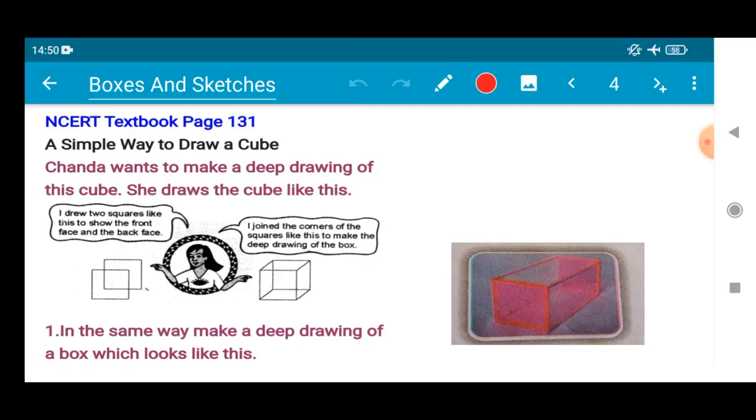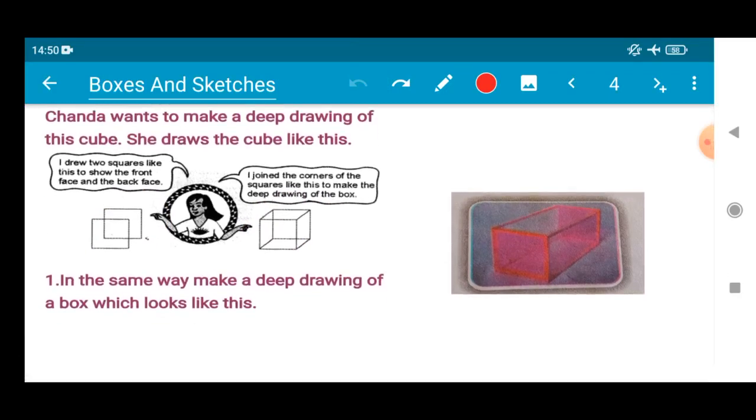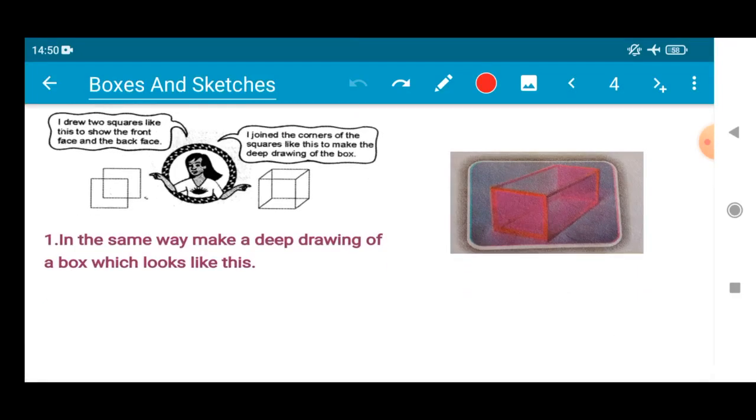The topic is a simple way to draw a cube. Now Chanda wants to make a deep drawing of this cube. She draws the cube like this. This is the way in which Chanda is showing us to form a cube using a deep drawing. I drew 2 squares like this to show the front face and back face. Now I join the corners. She is joining these 2 corners like this, and she is able to form a cube. This is naturally the best way to draw a cube or a